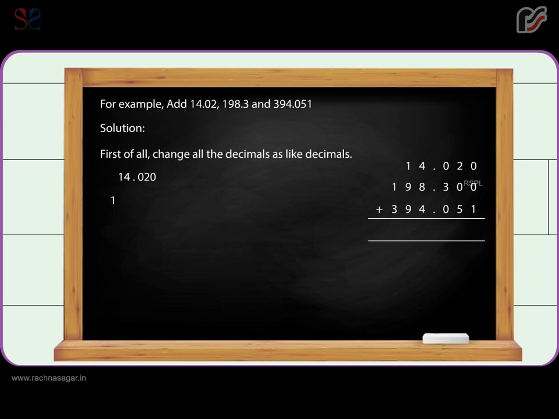14.020, 198.300 plus 394.051 is equal to 606.371. Now subtract